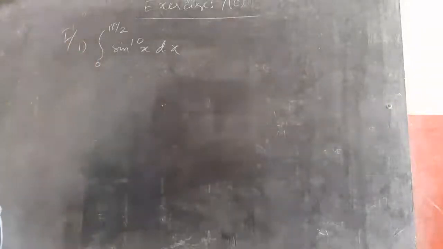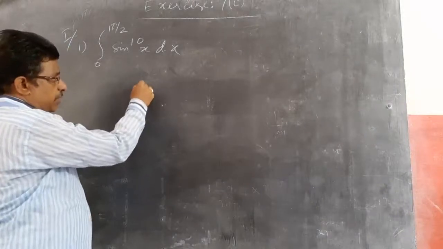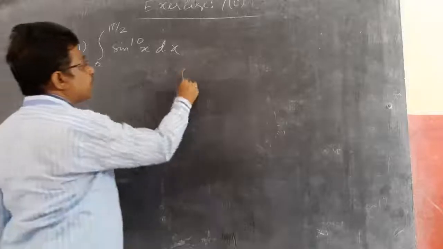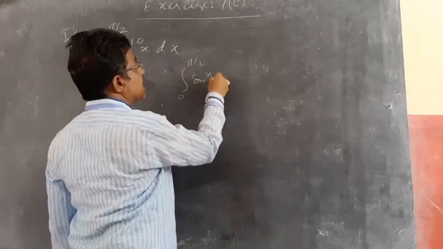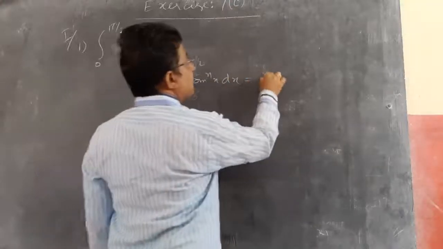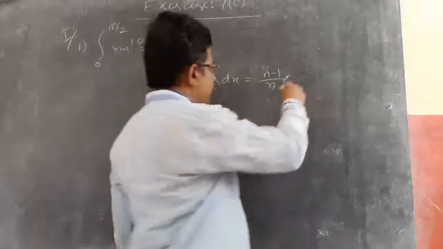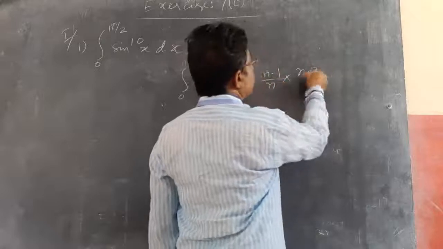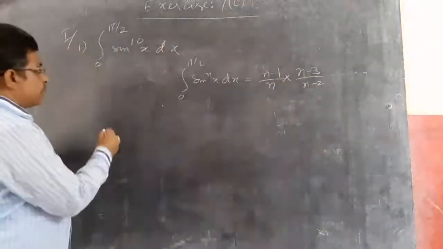How to? So this is the sin power nx formula. If you remember the formula of sin power nx, you write it down, no problem: integral of 0 to pi by 2 sin power nx dx. If you don't remember, I told you this is just n minus 1 by n. Then reduce 2 from the numerator and denominator, that's it. If you subtract 2 from n minus 1, it becomes n minus 3 by n minus 2, and so on. So apply the same formula here.